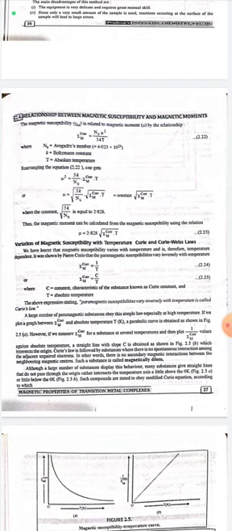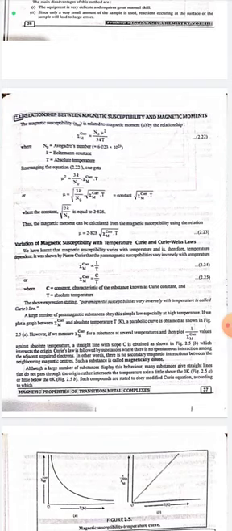A large number of paramagnetic substances obey this simple law, especially at high temperature. If we plot a graph between χm and absolute temperature T, a parabolic curve is obtained as shown in figure 2.5a. However, if we measure χm for a substance at several temperatures and then plot 1/χm values against absolute temperature, a straight line with slope C is obtained as shown in figure 2.5b, which intersects the origin.